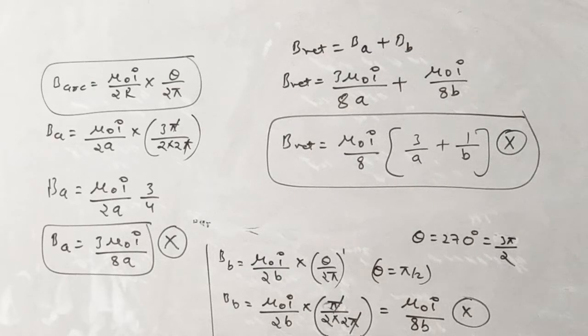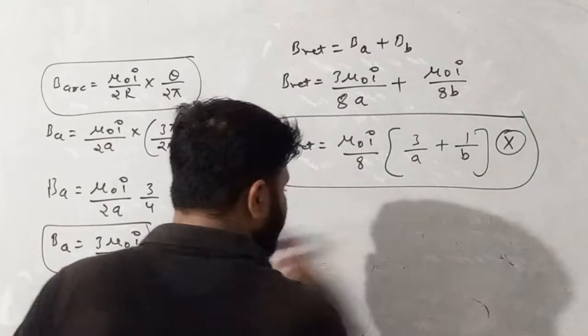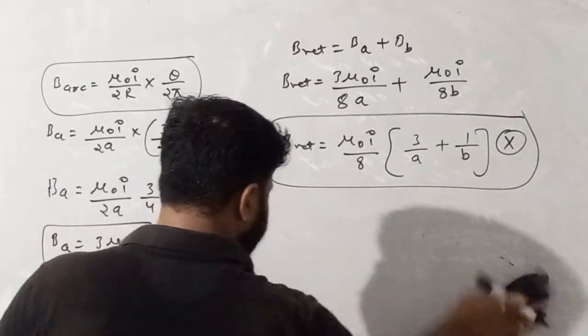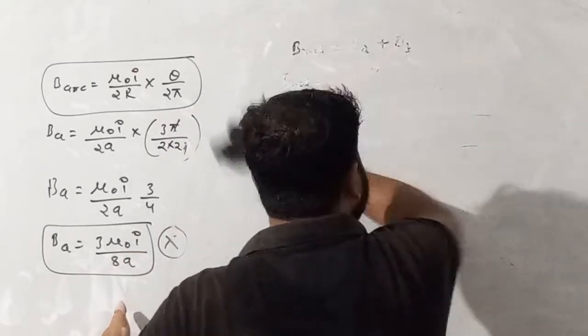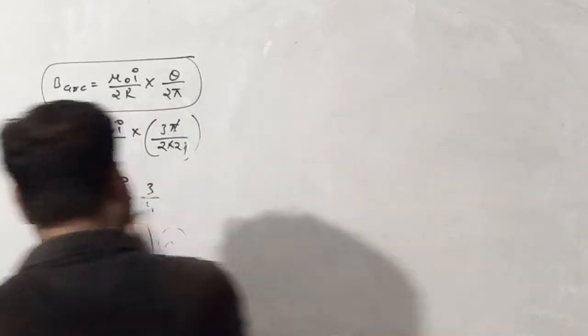A long wire having a semicircular loop. Write down the next question. I hope you all are understanding. The chapter is very easy. If you are aware of the first chapter, then you will feel quite comfortable when you deal with these types of numericals, because remember the direction of the magnetic field is important. Rest everything is on formula. Basically the chapter depends on formula.